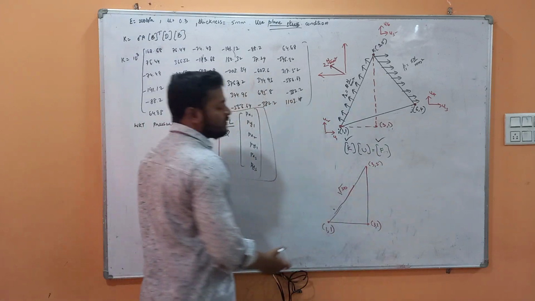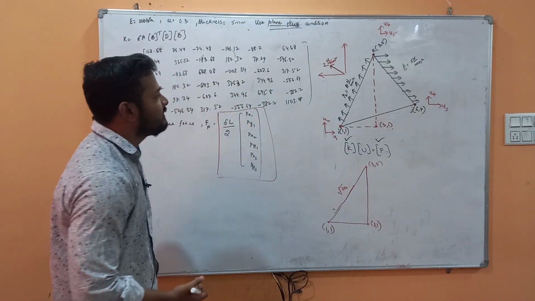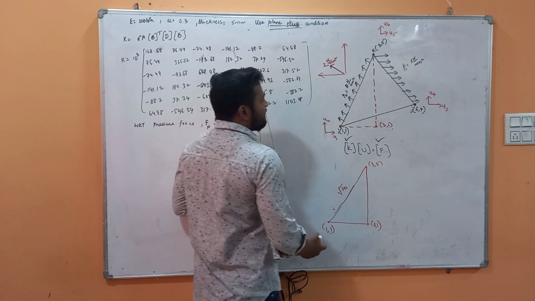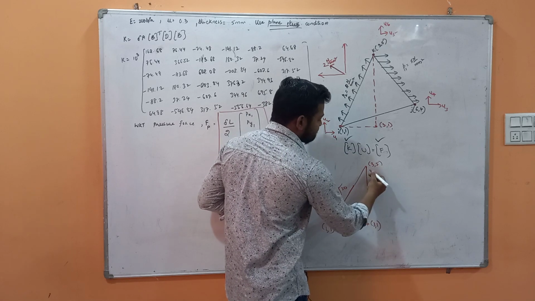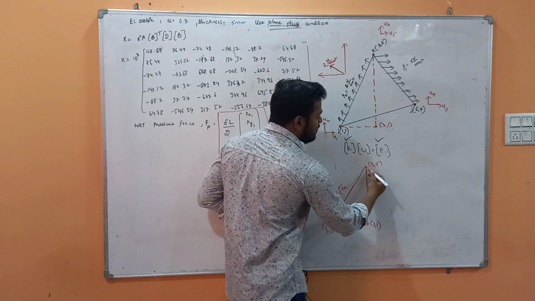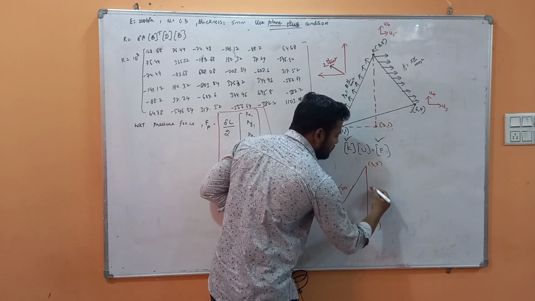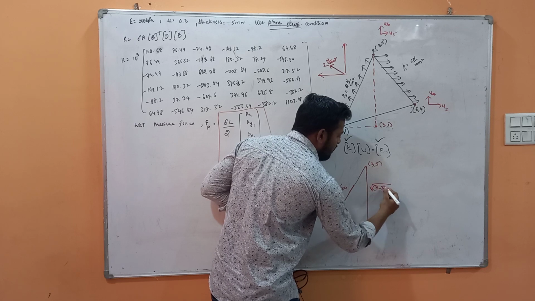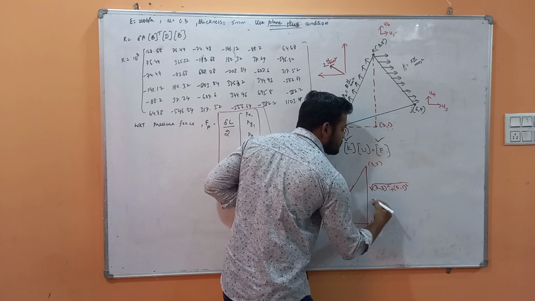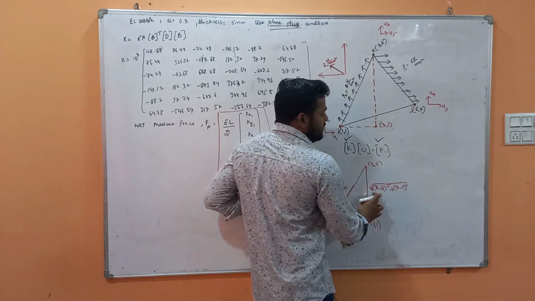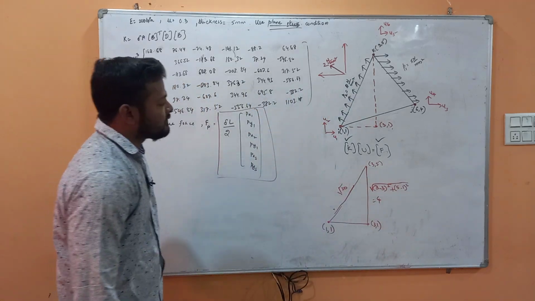Next, we need any of these two sides. We can find out either this side or this side, because if we have any two sides of a right angle triangle, we can find out the angle. So I am finding out this side, under root of 3 minus 3 square plus 5 minus 1 square. So 3 minus 3 square is 0. This is under root of 4 square, so under root of 4 square is 4. So we have two sides of a right angle triangle.